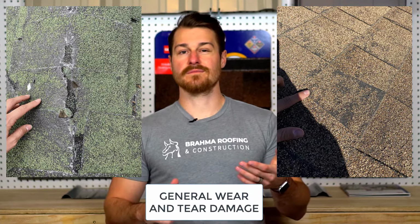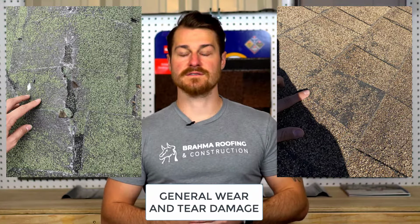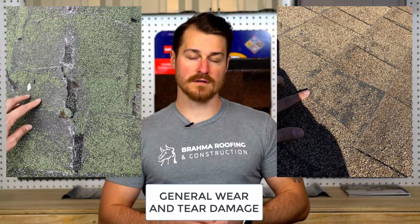And you can tell, if it's an old 3-tab shingle, generally that's what we find a lot, because they don't even make those anymore. They don't recommend installing them. So you could have roof damage that's just contributed to the age of the roof as well. And basically all the damage that we've talked about today would eventually lead to what you definitely don't want to find,